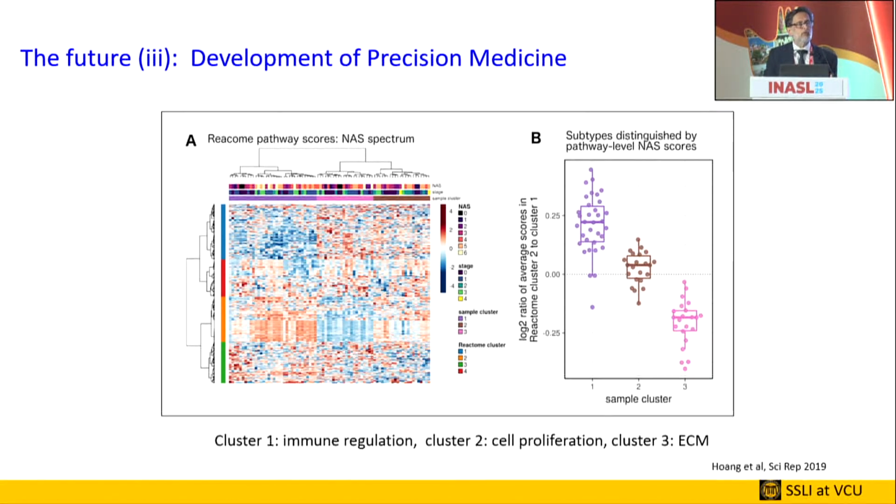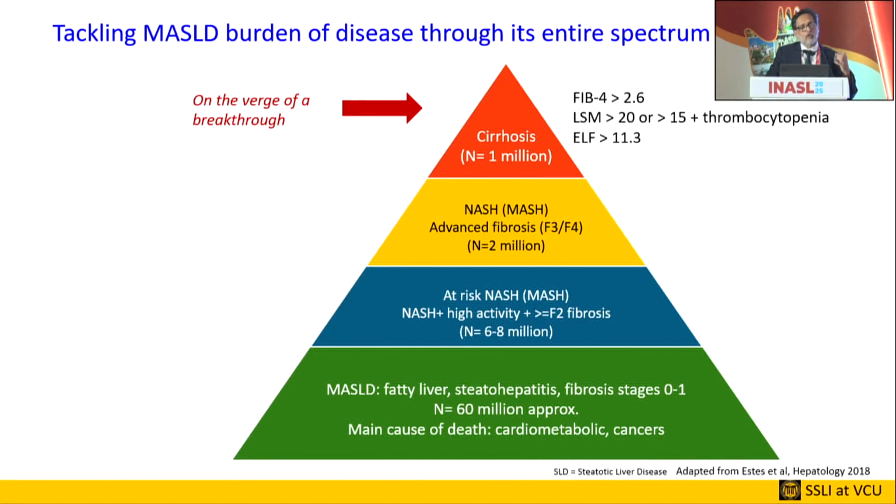The future is going to be precision. You know, we've already got data that even though the biopsy looks the same, at a molecular level, there are distinct clusters of patients. And there are already programs for people with PNPLA3 mutation to silence it. There are programs to silence across the board all patients with HSD17B13. So genetic-based and precision medicine is coming. And of course, when you talk about the people closest to outcomes, the cirrhotic patients, high FIB4, they've got features of CSPH, and these are the most at-risk population. These are really in the realm of the hepatologist.